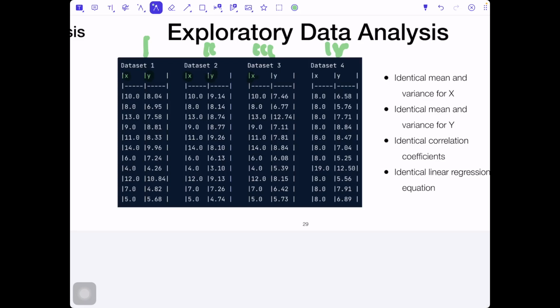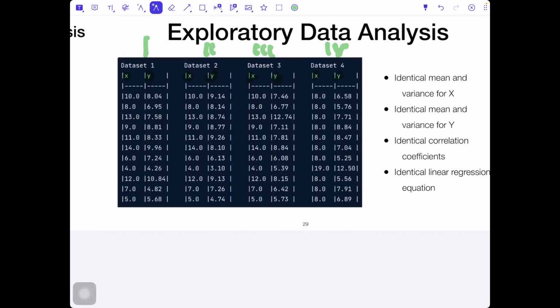After computing the variance, we get the result that for all 4 data sets we have the same variance. The same we can repeat for the Y feature: compute the mean, compute the variance for every one, and see what the result will be.